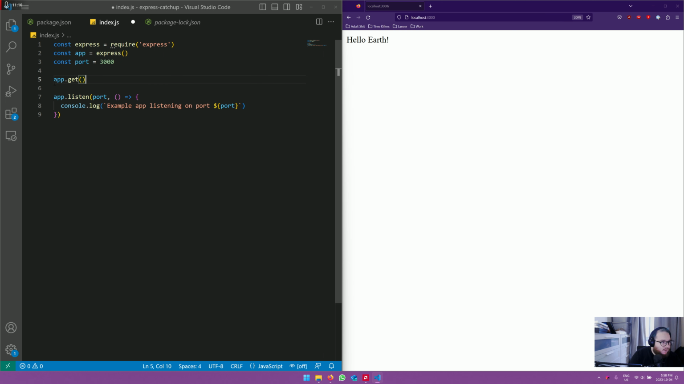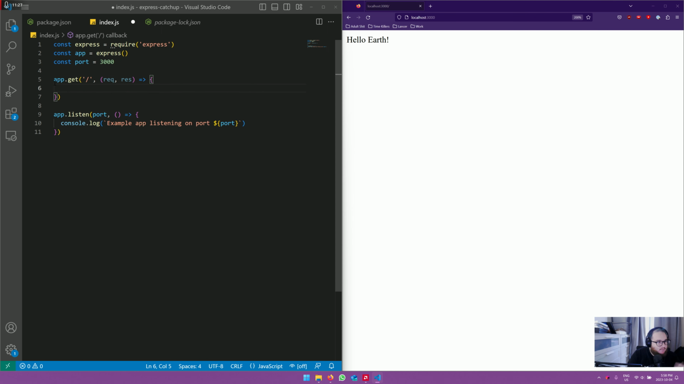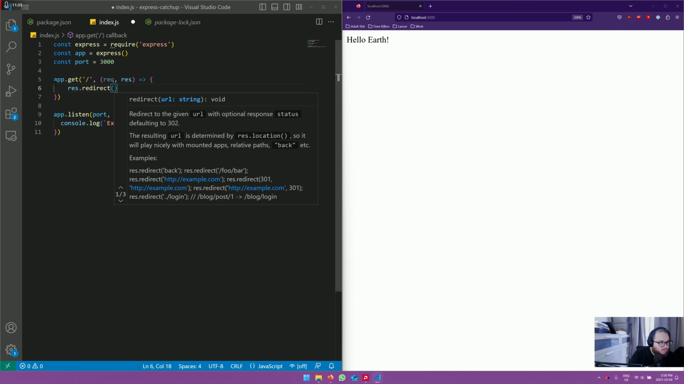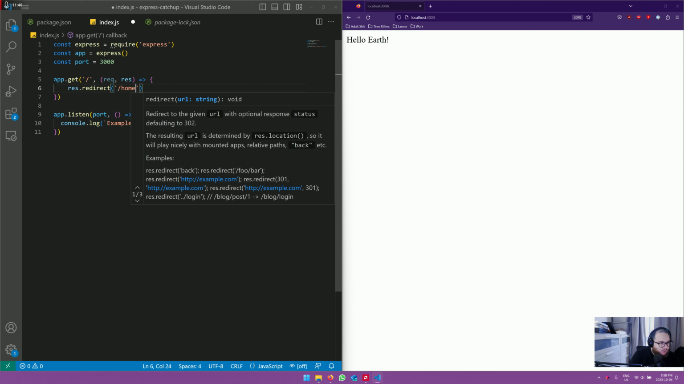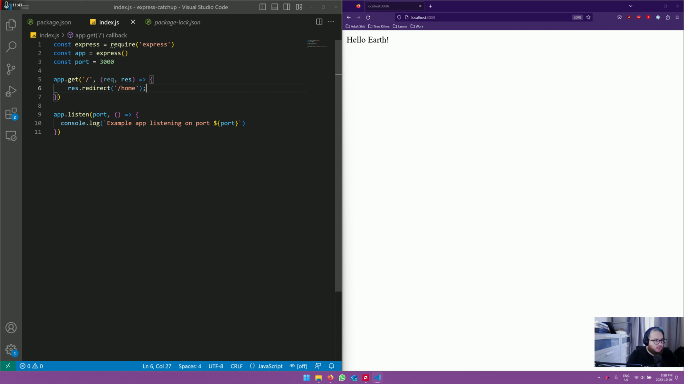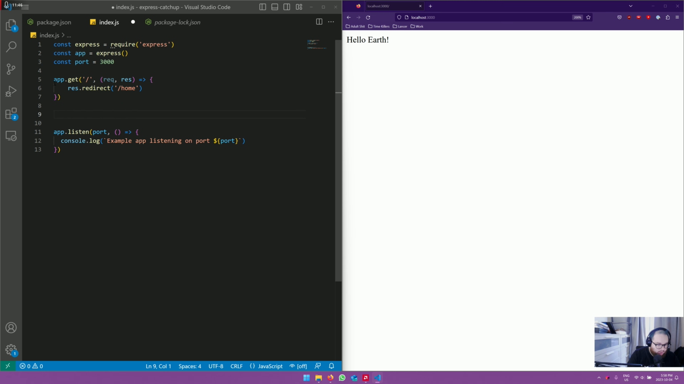app.get is going to be for / the base one, and that's going to do request response. And what we're actually going to do is we're going to say when someone tries to access our thing, we're going to do response.redirect to /home. So now whenever anyone accesses our app, they're going to go to home, and we do app.get